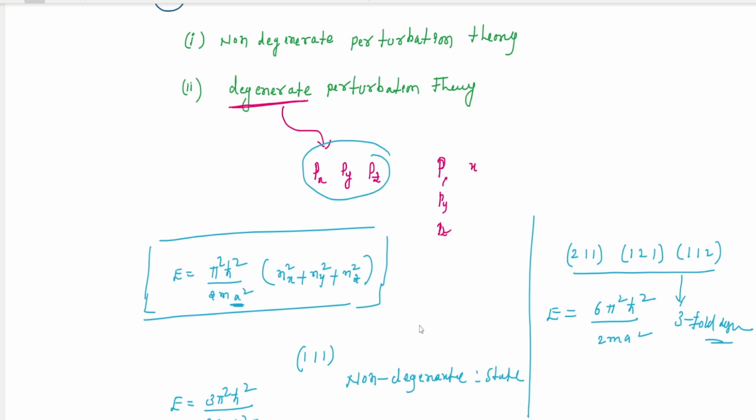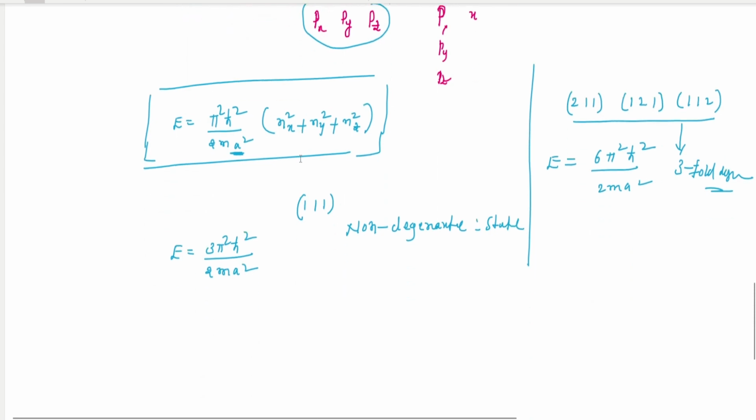Now the non-degenerate system. Now I'm coming to the definition. Systems that have the same energy levels but different eigenfunctions, that type of system we're going to call degenerate. A system having one eigenfunction and one eigenvalue, we can call a non-degenerate state. So first we are going to discuss